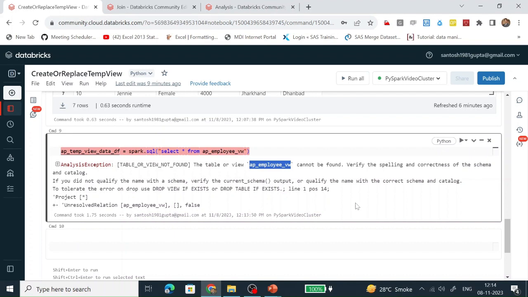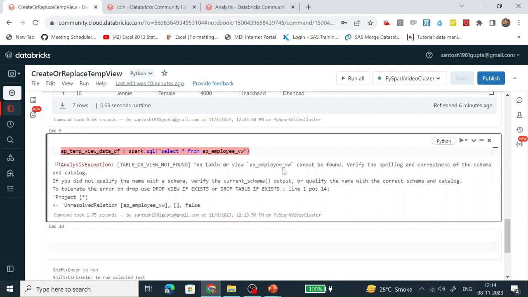That means we created a new session, and this particular view was created in the previous session. So in this session, this view must not be present, and whenever I run it, it gives me an error stating that AP underscore employee view does not